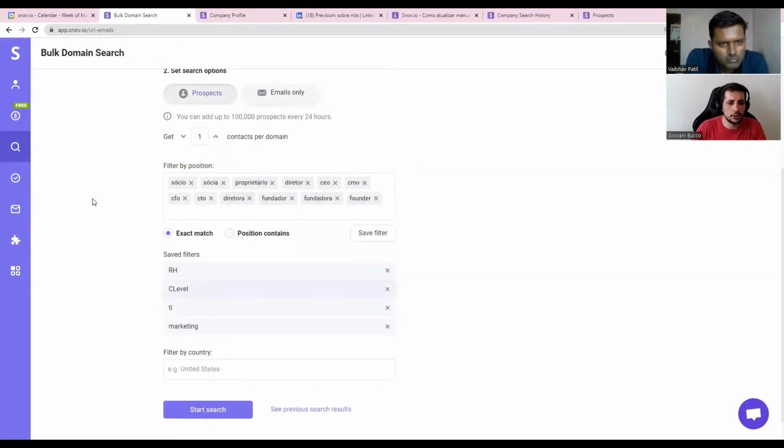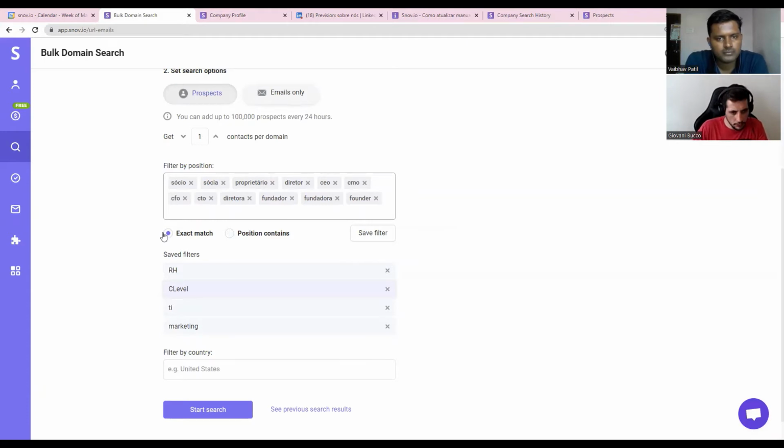Let's say I want to speak with C-level. Of course, here are some Portuguese words, but we can create any kind of filter by position that we want, basically job titles. These will search for exactly what LinkedIn has.